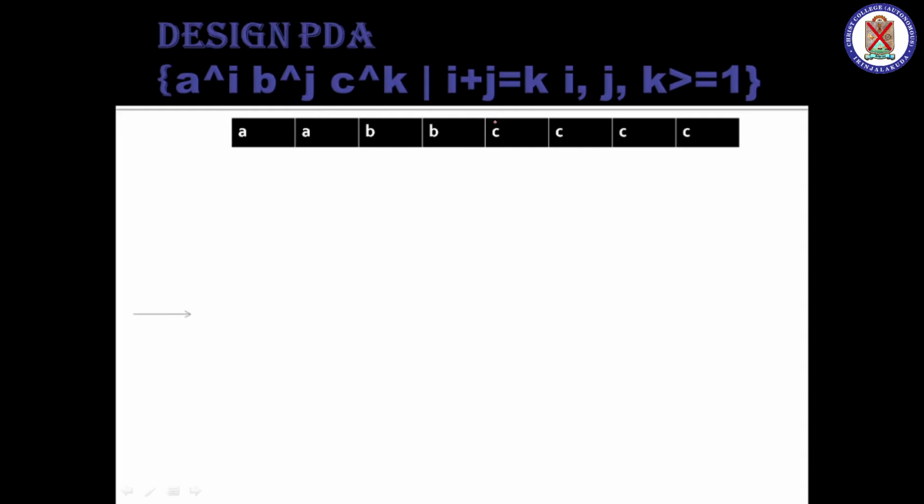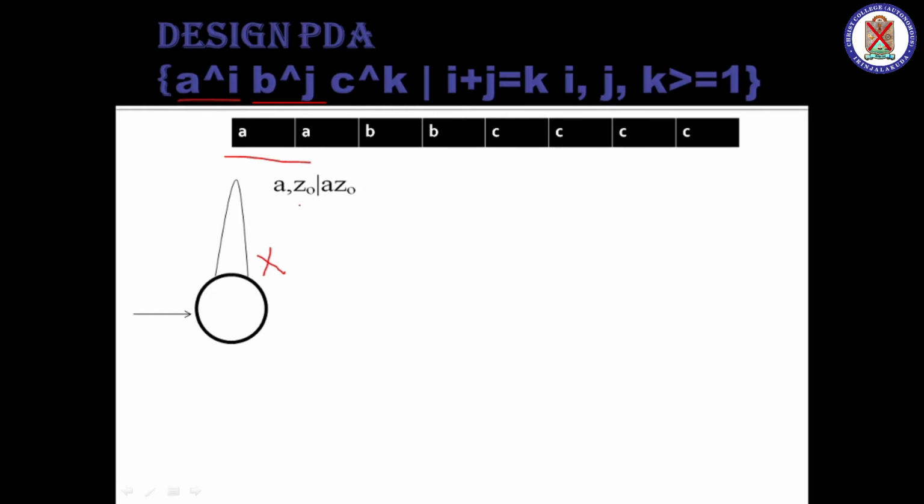Okay. So now first what we have to do. In the previous example, when we saw w hash w reverse, w can be a combination of a's and b's. But here the PDA says strictly that first a must occur, then b must occur, not this mix up. So we have to check for only what? First a must occur. If b occurs first, the PDA will be stuck here, it will not move anywhere. So every time you must check for the a's first.